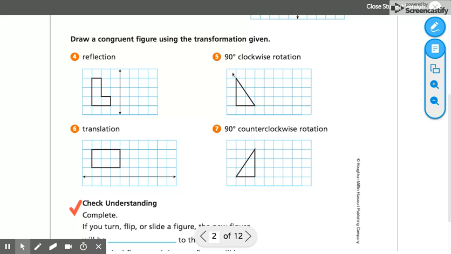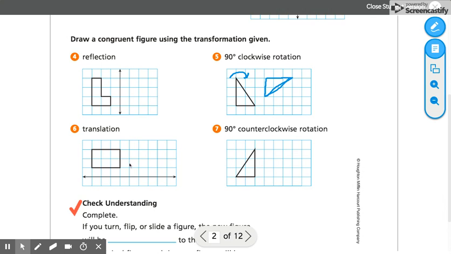Let's try rotation. In this case, it wants me to rotate it 90 degrees clockwise. So I know the clock goes this direction, so I'm going to turn it this direction. And I'm going to start with this one here. Goes over 3. 1, 2, 3. And then when I rotate it this direction, I'm going to go down 2, 1, 2, and then I'm going to go ahead and connect those two. So I've rotated my shape. Is it the same size and same shape? If I drew my line straight, you would see that yes, it is still congruent even when I rotate the